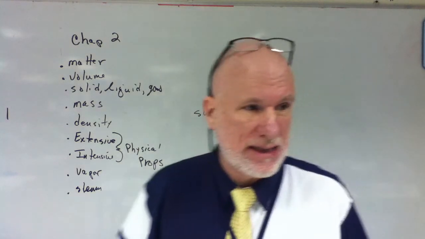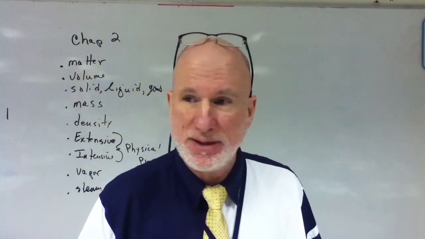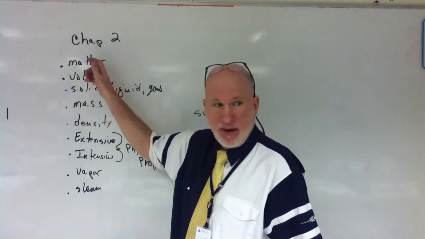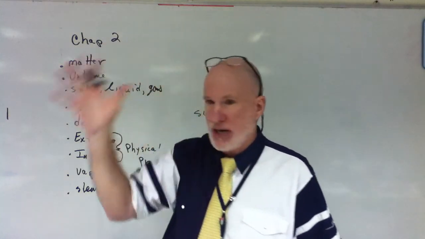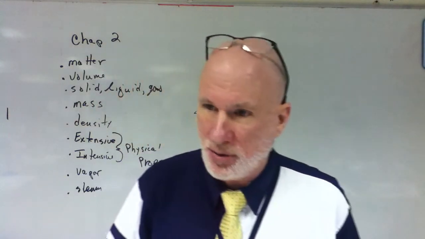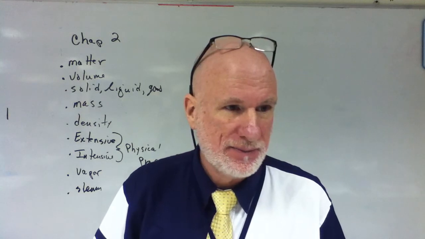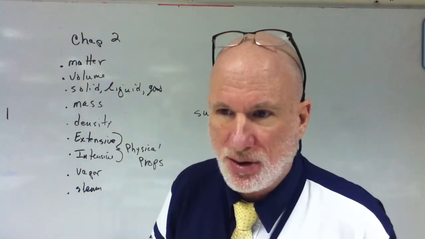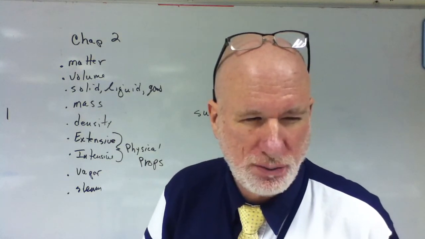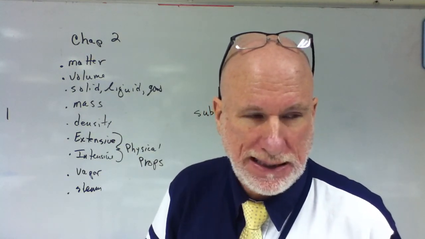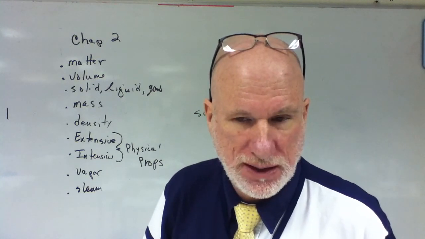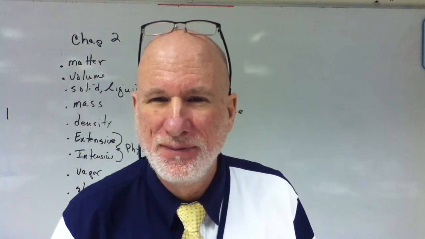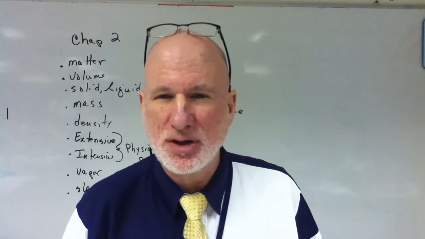Very big word, substance. What are the two types of substances that we know of? First of all, substance is a very specific way of saying matter. Matter is just very general. It's either matter or energy, correct? What is substance? What are the two types of substances that there are? There's only two. One starts with an E. No, Vivian, it's not elephant. Yes? Extensive. No. Those are types of physical properties.